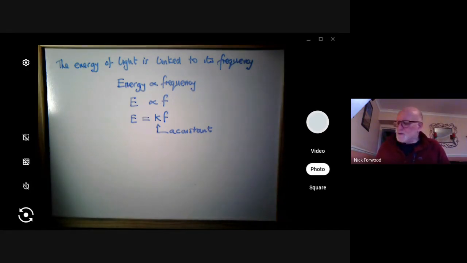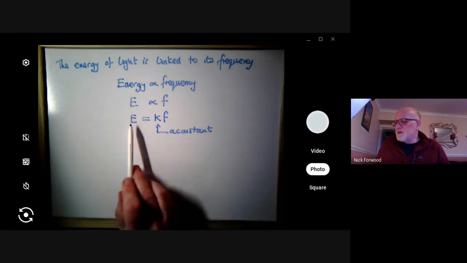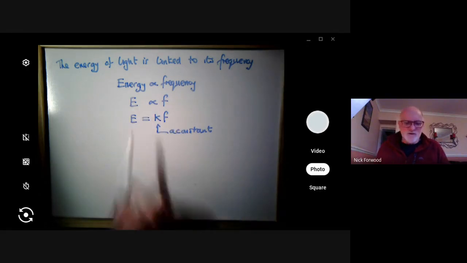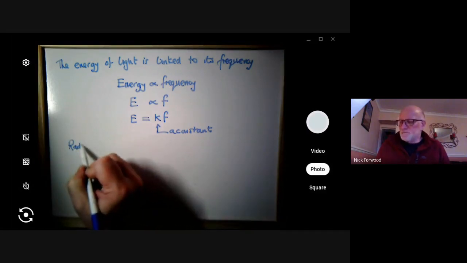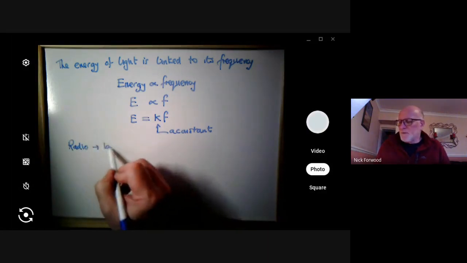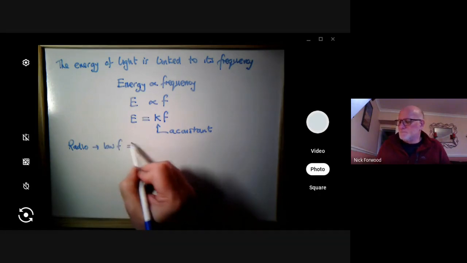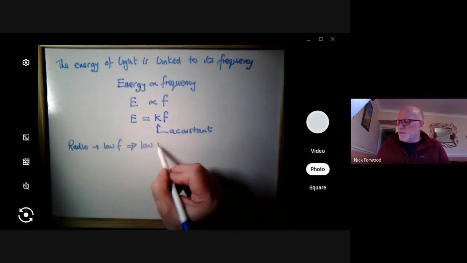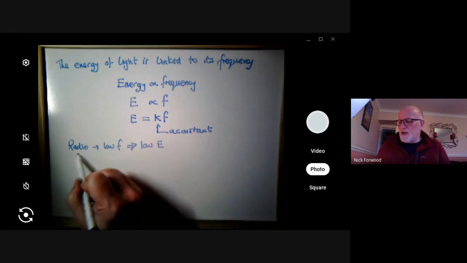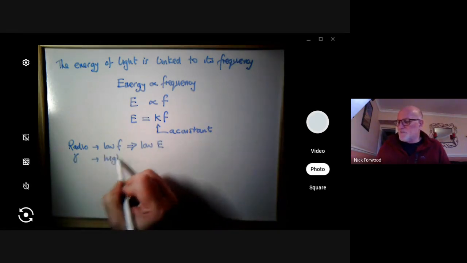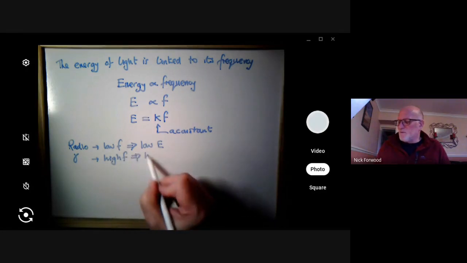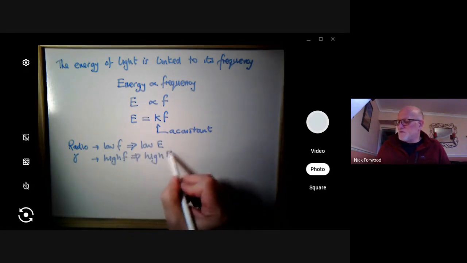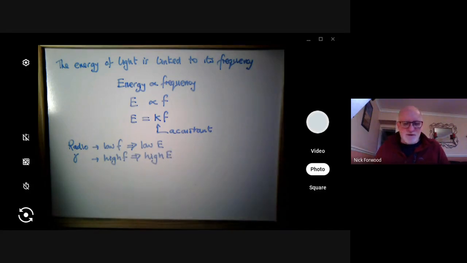So radio has a low frequency, so it has a low energy. And right at the other end, gamma has a very high frequency, so it has a comparatively high energy. Radio, low frequency, leads to low energy. And at the other end, gamma has a high frequency, therefore must have a comparatively higher amount of energy. Okay, so if we go back to our piece of metal,